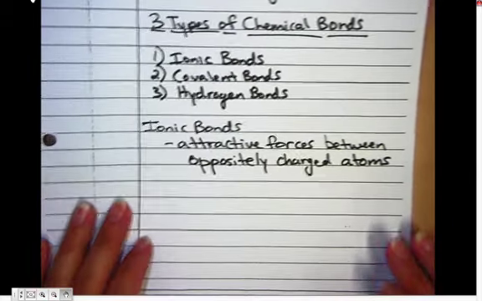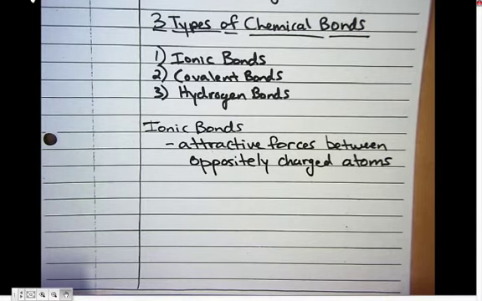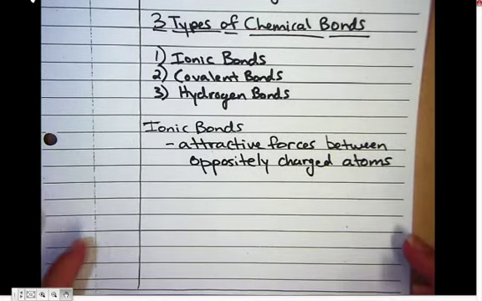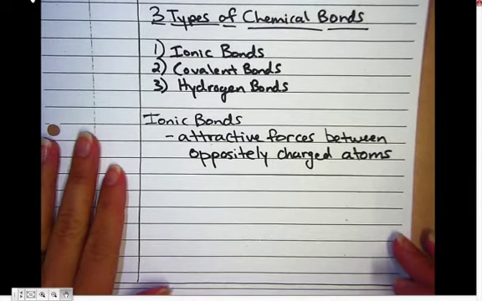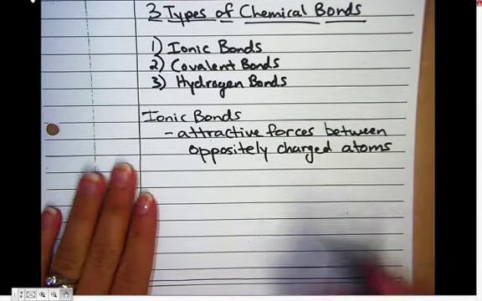So sometimes what happens is if you have an unstable atom, you're going to have one atom sharing an electron with another atom. Right? So we're going to take a look